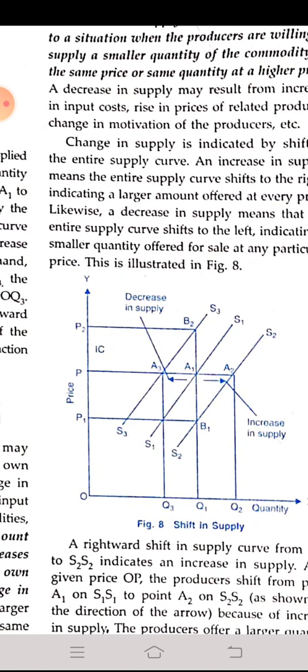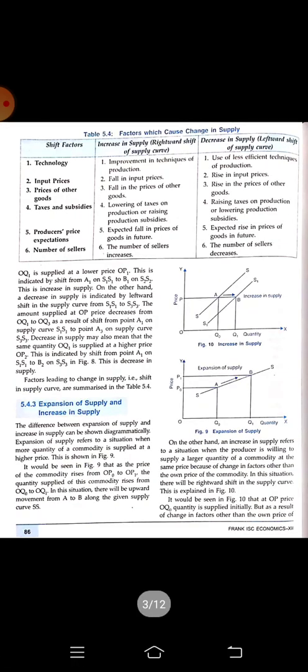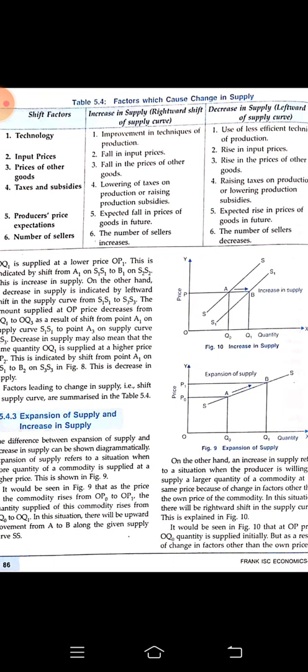As other factors are again changing, there is another effect, and we can find there is an increase in supply from point A1. The supply curve is shifting to A2 and now the supply curve S1 has shifted to S2. This is because of the increase in supply. So we can say that this is happening because there is a change in other factors, whereas the price of that commodity remains constant.